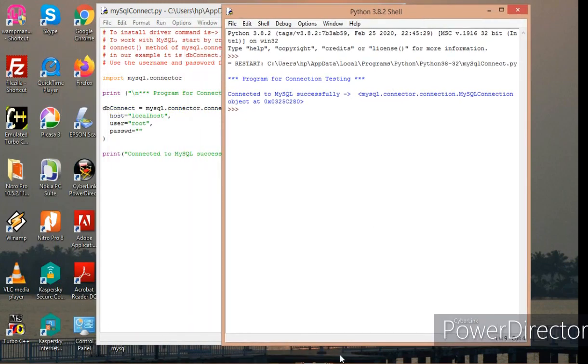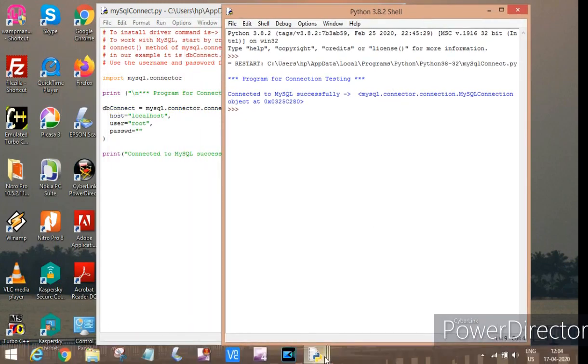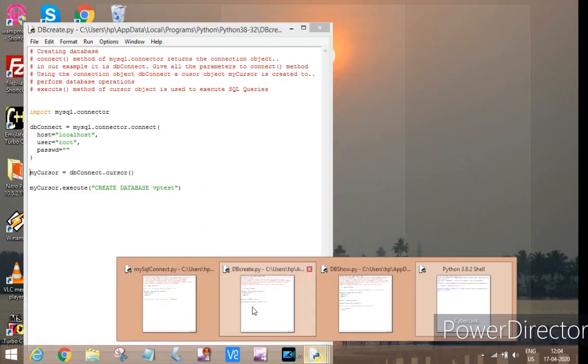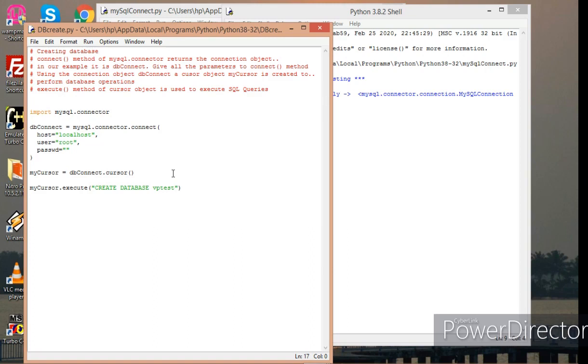Okay, so now let's see how we can create the database. So here I have an example to create the database. Okay, again here the explanation is given again. Connect method, we have already explained this to you. Connect method of MySQL.connector returns a connection object, and in our case it is dbconnect.